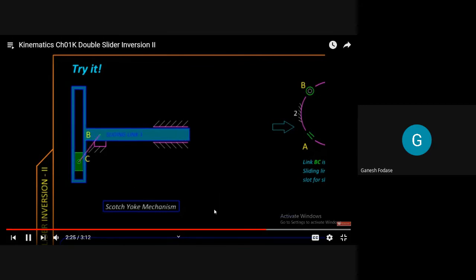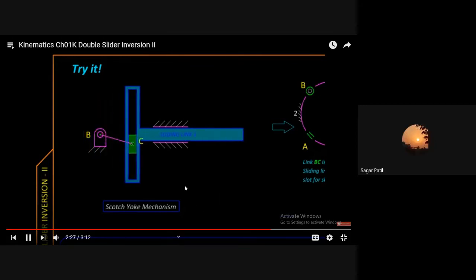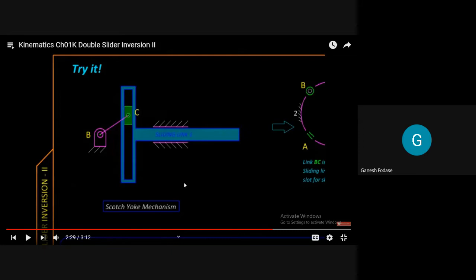I'll show you again. So this T section is whole, no? Yes, it is completely whole. But you observe here, the slider can't move inside because there is no provision. It is moving just in a vertical way. And the crank is rotating completely. So the slider will rotate along with the crank, but the slider will only reciprocate inside this T-shaped portion. I'm saying the vertical portion of the T-shape link.